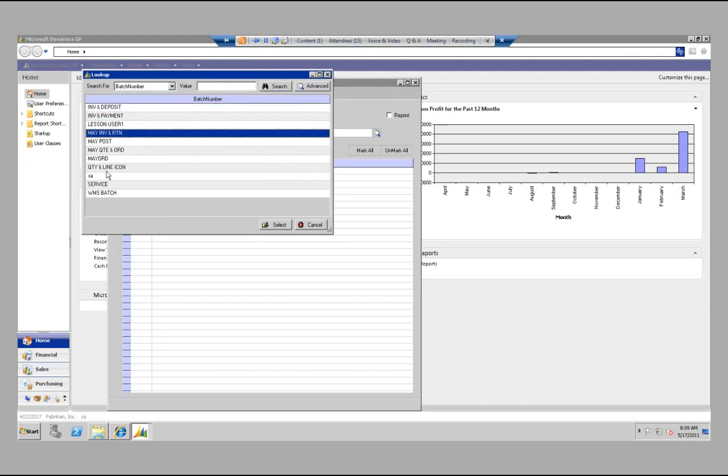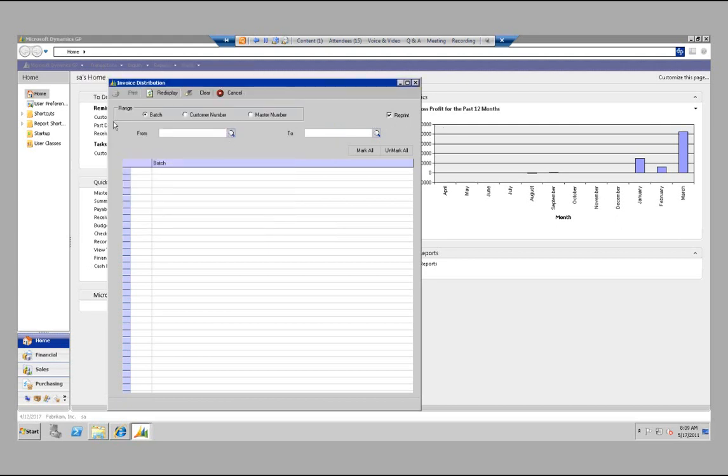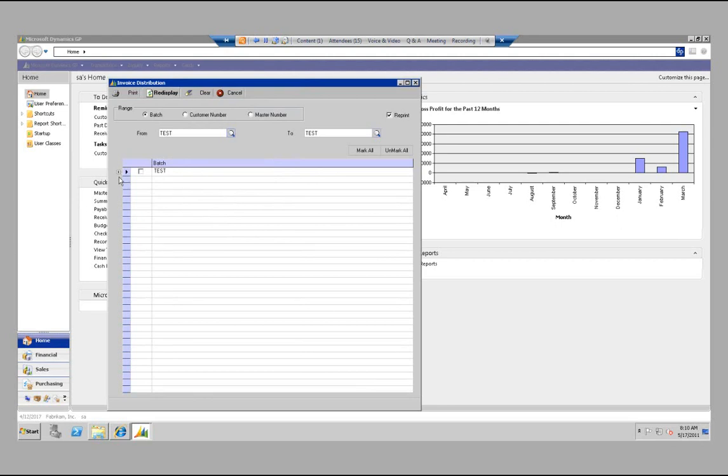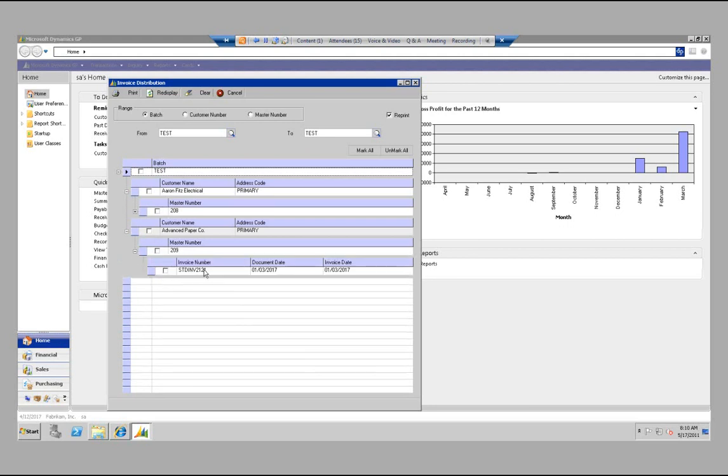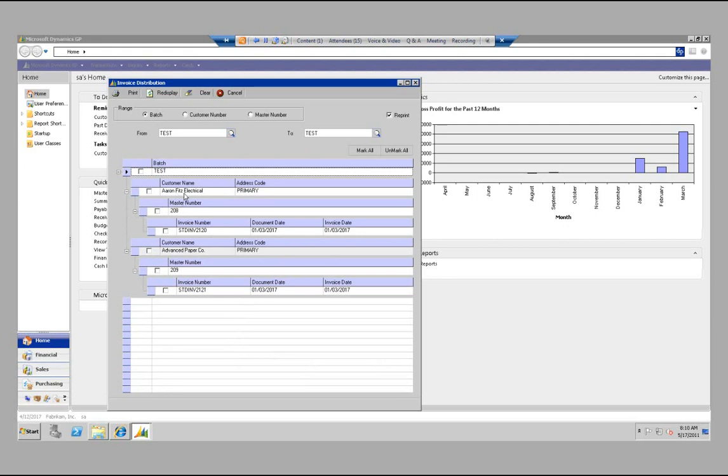So if I look at, these are all the invoices that I haven't printed yet. I'm not going to select one of these because I don't know if they're set up correctly or not. But if I click on reprint, this test batch, this is the one that I already know works, and I've set it up. I know the customers that are in there. So what I'm going to do is hit redisplay, and you can see that I have 2 invoices in here. Drill down to those. Basically, Aaron Fitz has an invoice, and Advanced Paper Company has an invoice as well. So what I want to do is just print both of these because they're in this test batch. So I'm going to click on the test batch. I could actually print either one of these by themselves if I wanted to. And then I'm going to hit print, and you can see basically it went out and